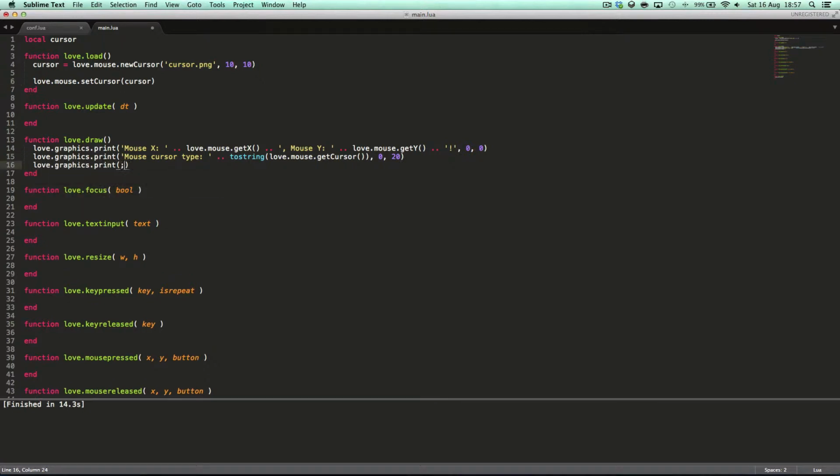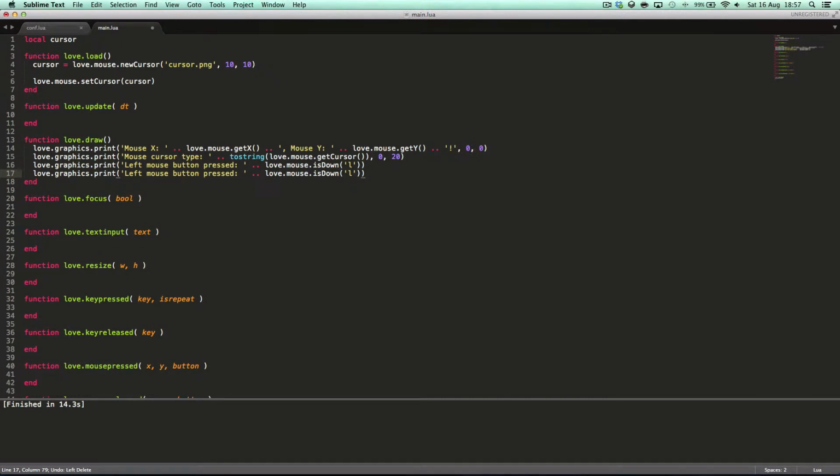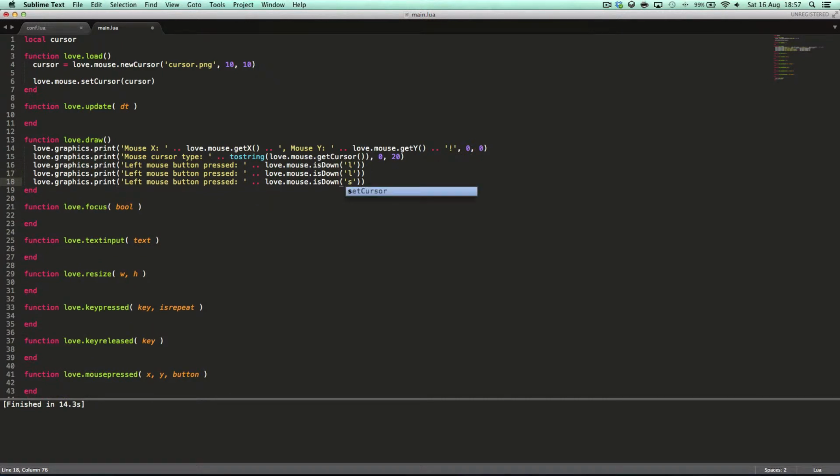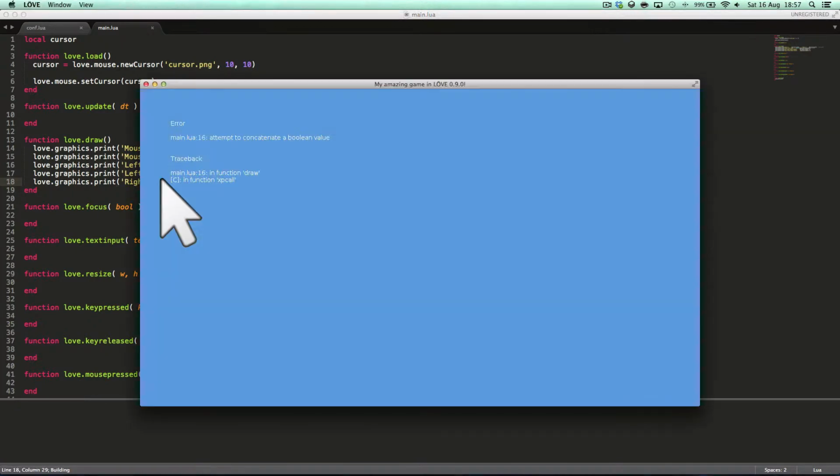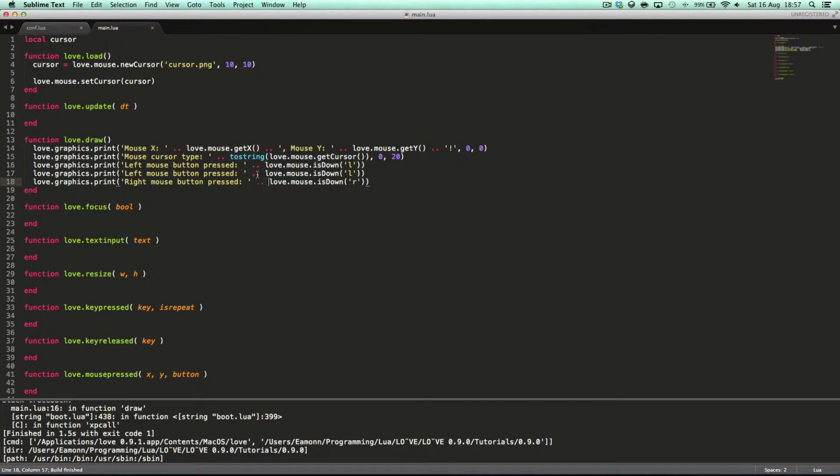love.graphics.print mouse pressed, or no, left mouse button pressed, love.mouse.isDown L. Let's say Shift Command D and Shift Command D, and R. This will be right. Oh, boolean value. It's toString this